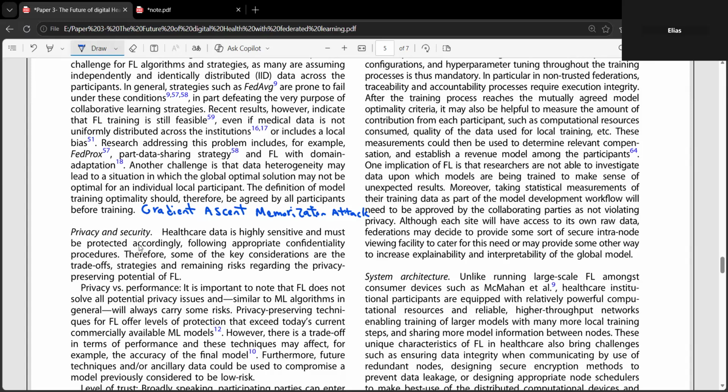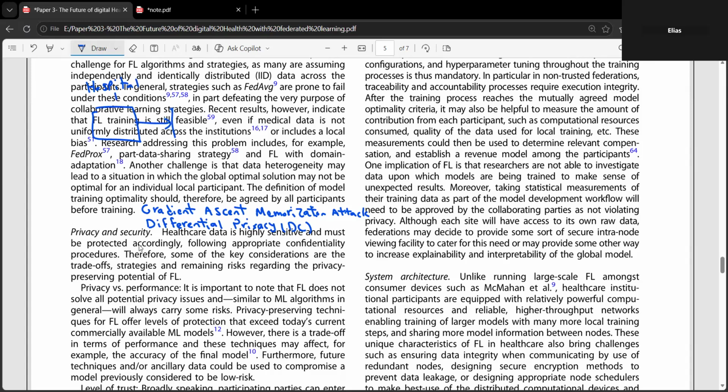But usually we can solve this problem with something that is called differential privacy, which we'll talk more about later. It is a very nice way to tackle the privacy issue. What it does is actually very simple. We add noise, like Gaussian noise, to each node. Let's say this is our first model, or this is hospital one.